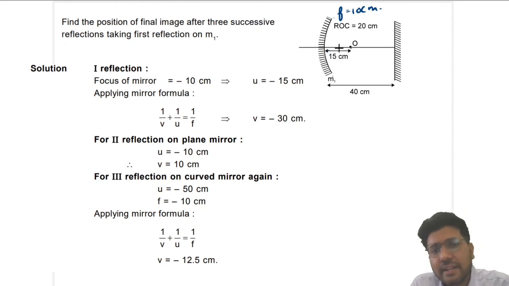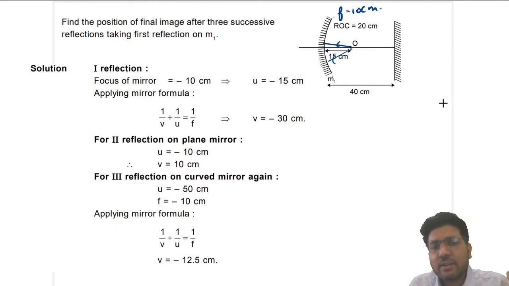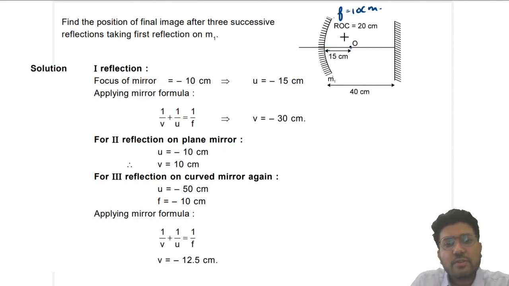It is not behind, it is in front because the incident ray is moving like this. Front means what? Front means not the right side or left side. Front means the position of the object has to be in the incident ray, means incident side. Okay, if the object is on the incident side, that means it is in front. Any distance which is on the incident side is front. Alright, so u is minus 15.